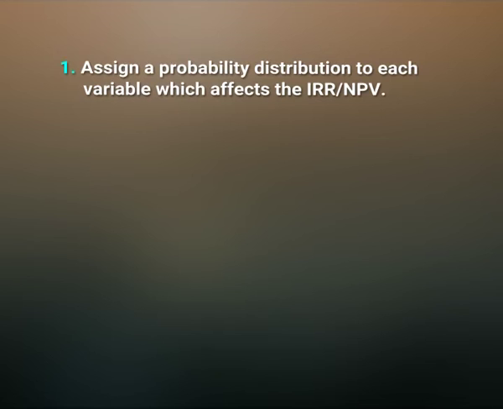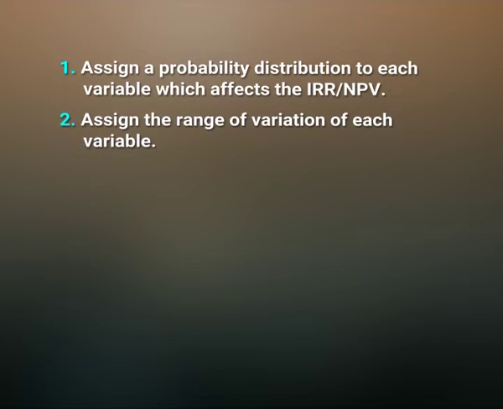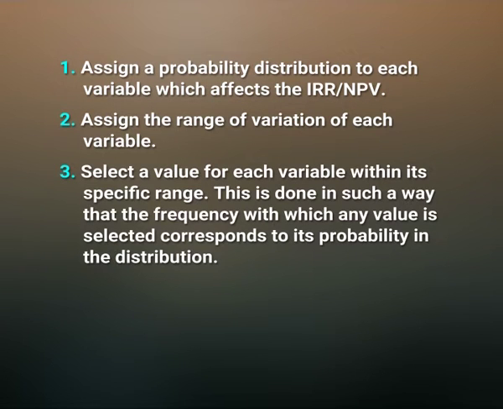4 important steps are required as follows. Number 1, assign a probability distribution to each variable which affects the IRR or NPV. Number 2, assign the range of variation of each variable. Number 3, select a value for each variable within its specific range. This is done in such a way that the frequency with which any value is selected corresponds to its probability